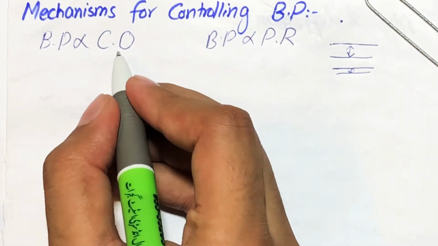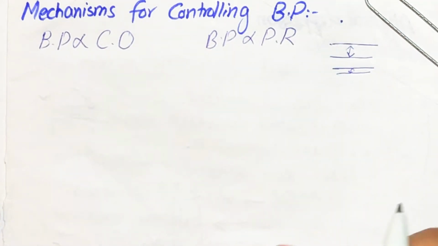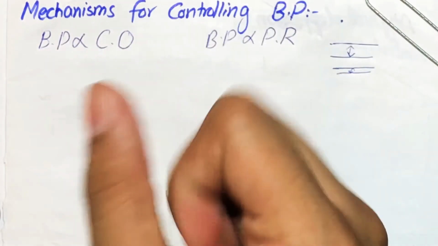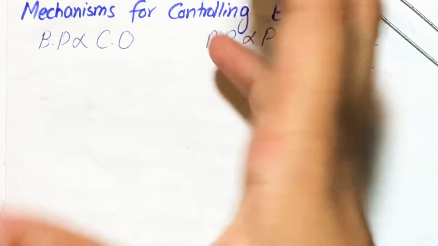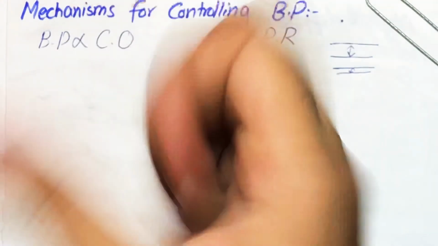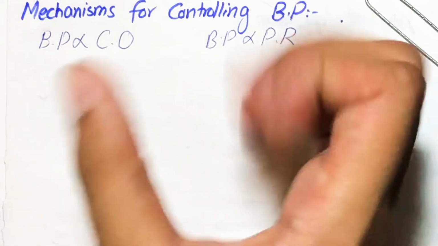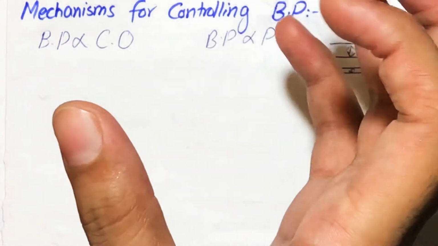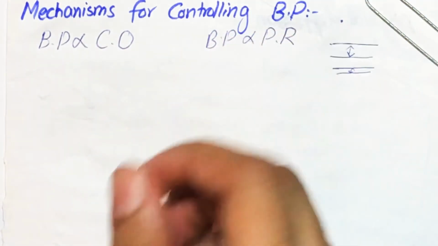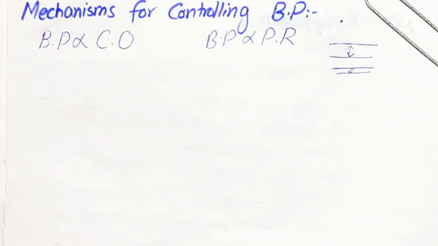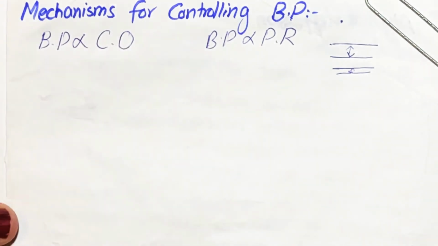And the same goes for cardiac output. If there is more force applied by the heart to pump blood, with more contractions, there will be more blood pressure, because if the heart is pumping like this, there will be much more blood supplied to the body and there will be an increase in blood pressure. But if your heart is pumping like this, obviously there will be less force and less frequency of cardiac output. So what it means is that there will be a decrease in blood pressure. So this is how both of these things work.